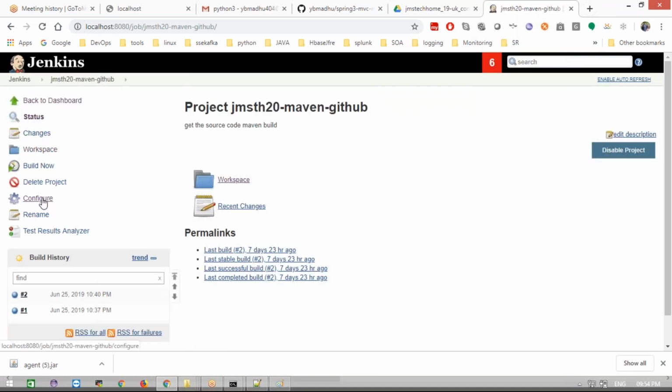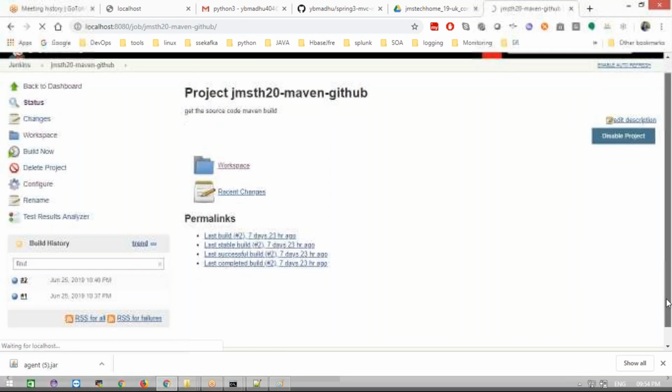Now I am going to configure this job. I don't want to store my data in the Jenkins workspace. If you're going to use a new job, it will go there. When you create a new job, at that time we can use the slaves.